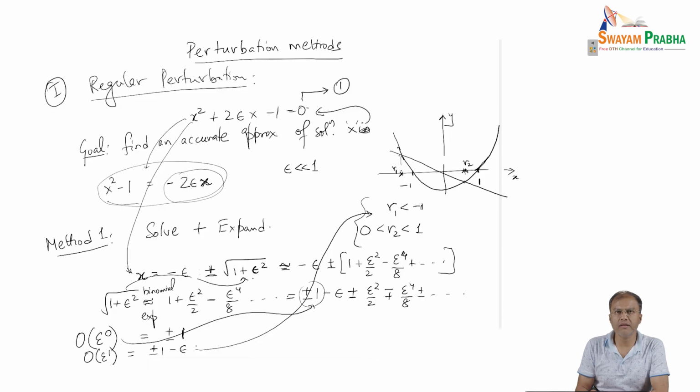So the observations are matching with the expansion. Now the limitation of this first method is that we need to solve the entire equation in order to find the expansion, and that is not possible for very complicated problems, as we will see in the next example. So let me write down the limitation. The limitation here is,